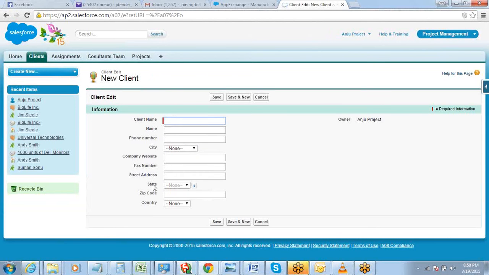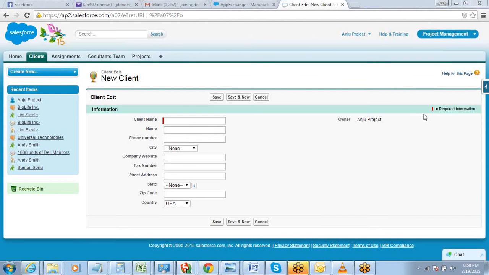See, the state option is not available until you select a country. It depends on the country. So first of all, you should select the country, then only will you have the option of selecting the state. Select India, only Indian states are appearing. You select US, then only US states are appearing. You can do the same thing for state and city also, or anywhere else you want to define this kind of thing.